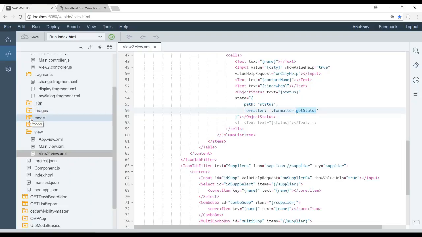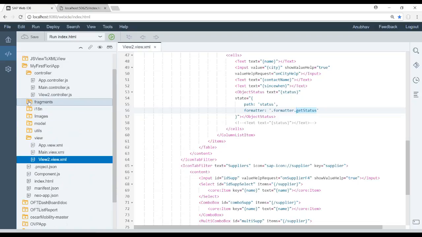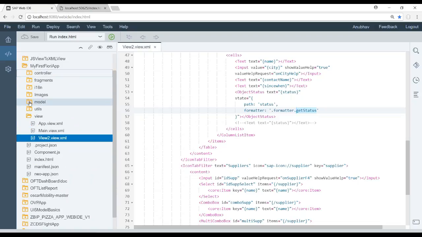So for this state property, I call the formatter getStatus, and this formatter is written in a reusable file. Why do we write it in a reusable file? Because we can then use it again and again in multiple places. This is the modularization which we learned in the previous classes using scaffolding. So I go inside my utils,